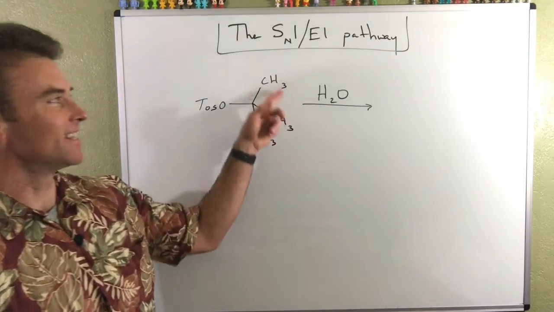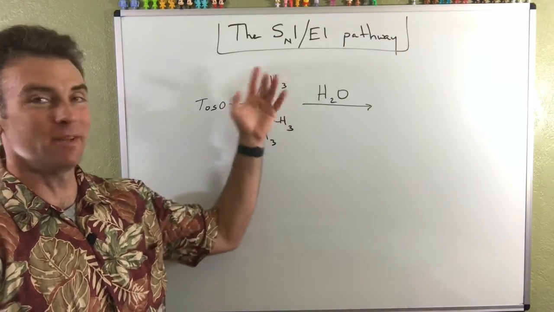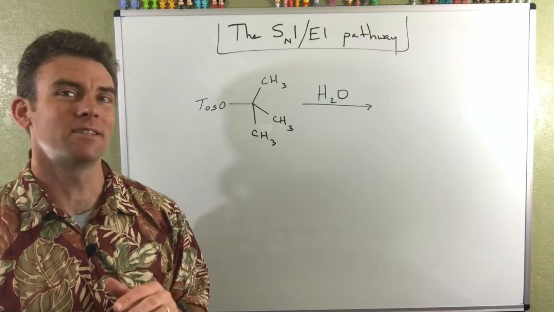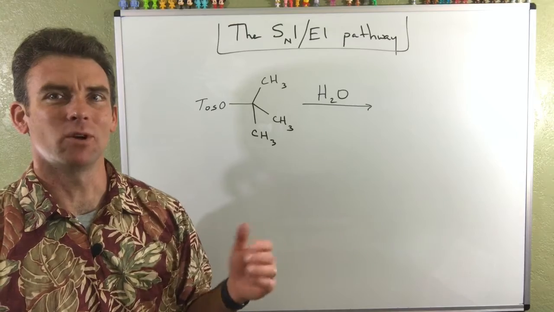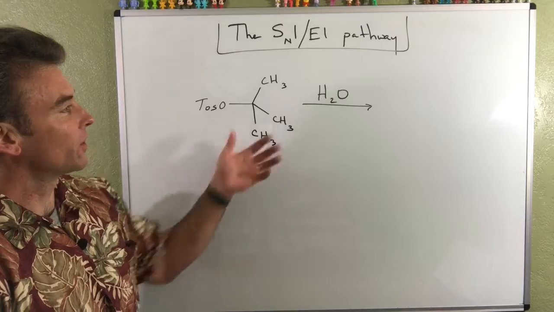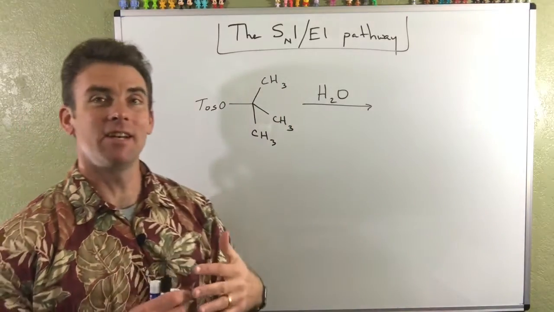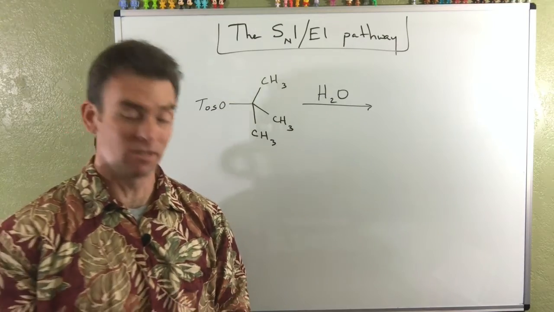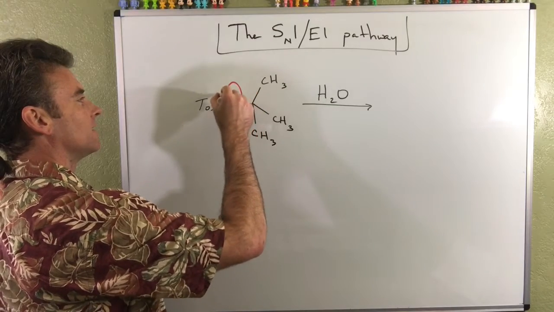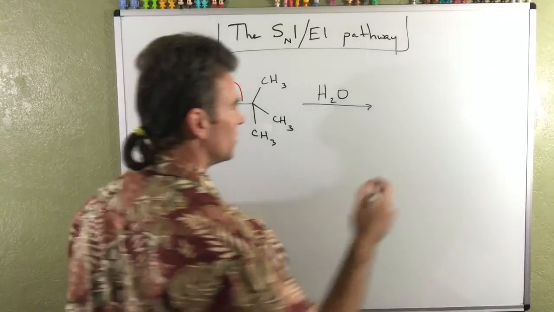You'll notice that I made this a pretty simple system, right? I didn't put a lot of spinach out here because that spinach drastically complicates your product distribution, which is something I think a future homework set will ask you to suffer through. But the good news is that once I've recognized that I'm in an Sn1 E1 pathway, I can get to my most important intermediate. So let's do that. I'm waiting around, and eventually, someday, somewhere, that tosylate group is just going to pop right off, and then you'll notice what I've formed